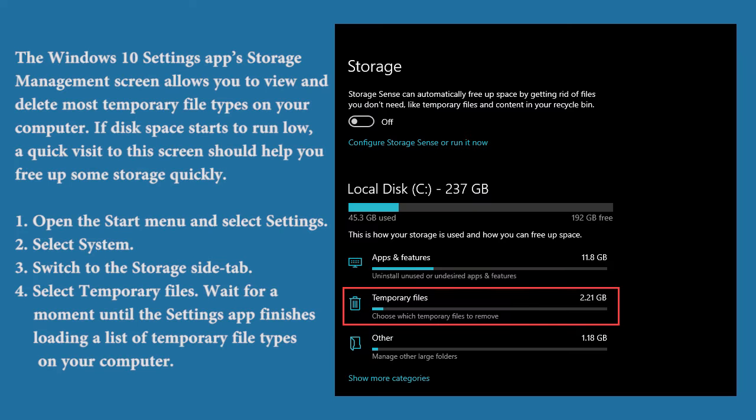The Windows 10 Settings app's storage management screen allows you to view and delete most temporary file types on your computer. If disk space starts to run low, a quick visit to this screen should help you free up some storage quickly. Open the Start menu and select Settings. Select System. Switch to the Storage side tab. Select Temporary Files. Wait for a moment until the Settings app finishes loading a list of temporary file types on